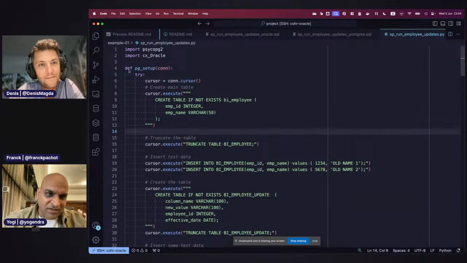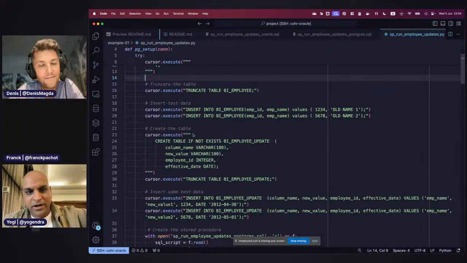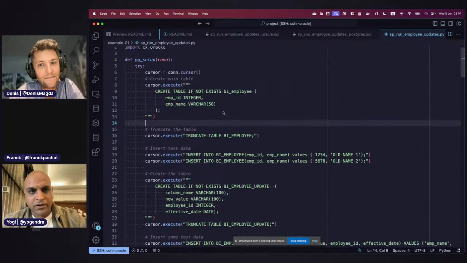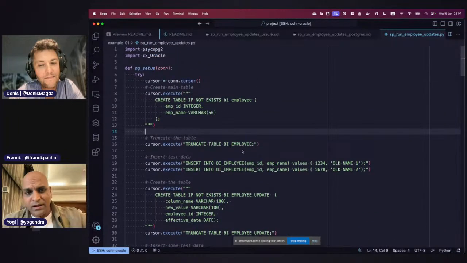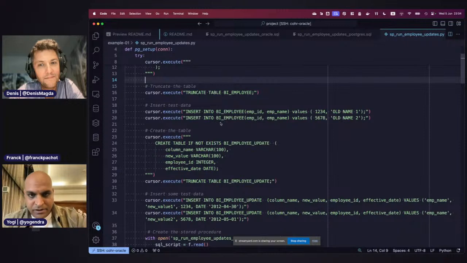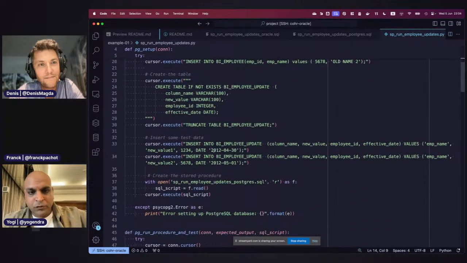I asked it to divide into a setup function where I'm creating the table and truncating it in case it was already existing. It came up with the schema for the table based on the stored procedure, and it even did some fake inserts for me, and also fake test data on the update table.